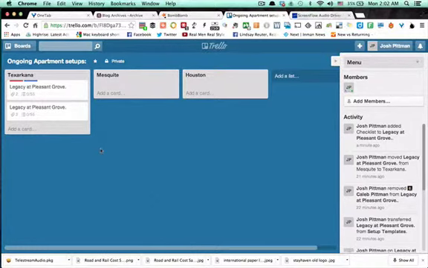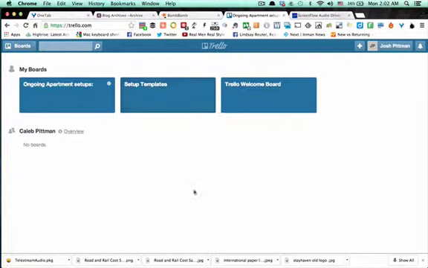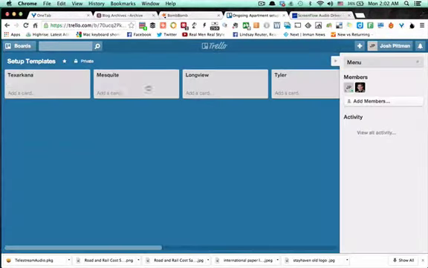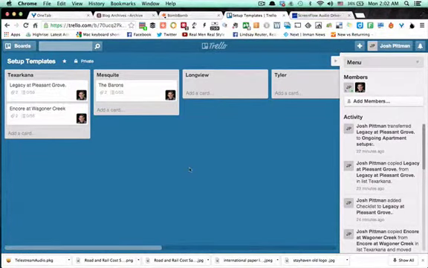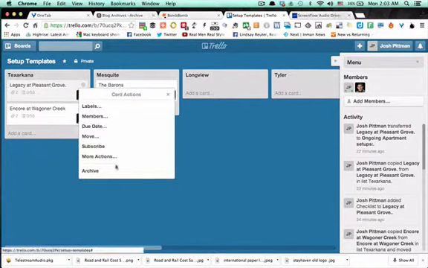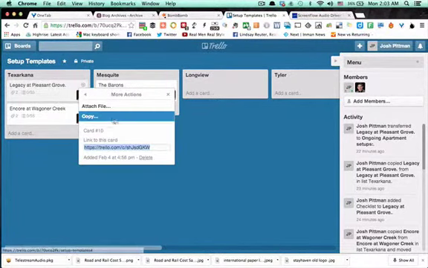Okay, so my thinking on this right now, these are ongoing apartment setups, not to be confused with setup templates, which if you'll notice kind of looks the same. So I was thinking the workflow would be, when you go to set up an apartment, you make a copy,